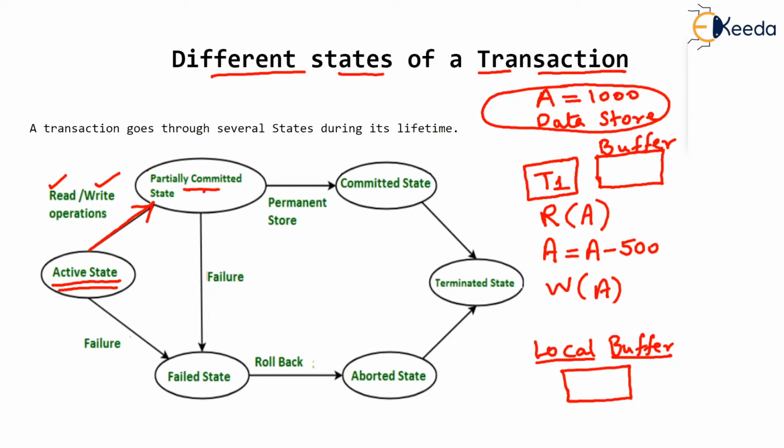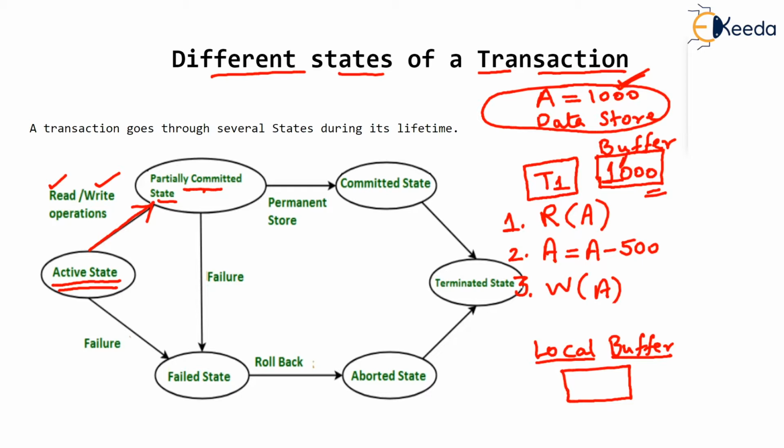To understand what this is, let's see how this transaction T1 runs. Recall that it hardly has 3 lines. Read the value of A, decrease the value of A by 500, and write the value of A. Let us execute the first statement, read A. Now A is in the hard disk or data store, external storage, and it is not yet there in the buffer. So when A is requested for the first time by any transaction, the value of A, that is 1000, should be transferred to this buffer, which I am updating now.